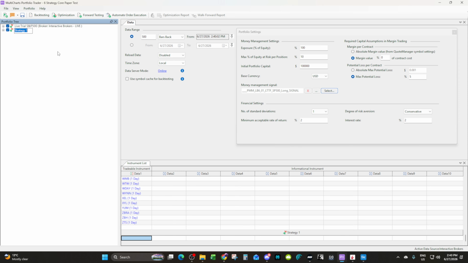We'll call it the paper, because I am going to be using a paper account for testing this through Interactive Brokers. Trial